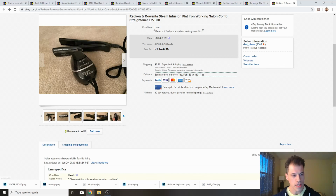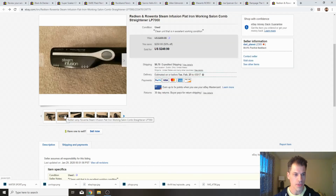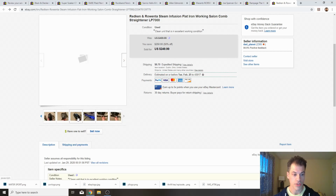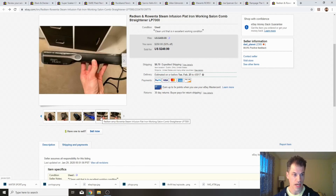You can't miss it when it's in the store, because if you see some of these other flat irons, they don't have this little steam infuser connected to it. So here's some pictures of this particular item. It was clean as a whistle on the inside, powered up just fine,